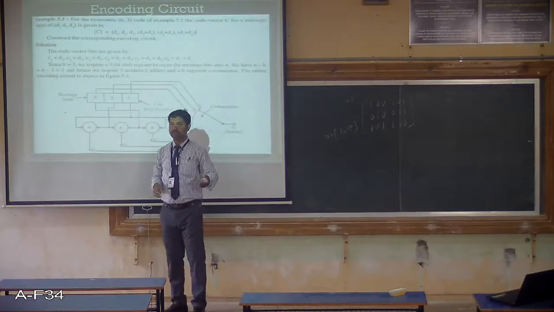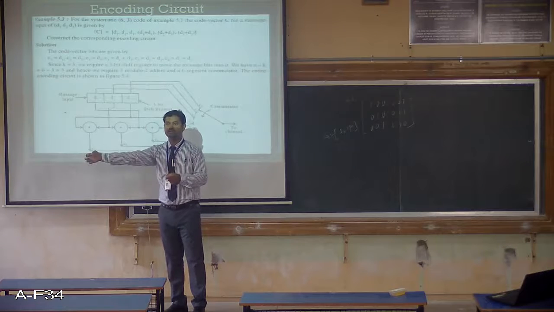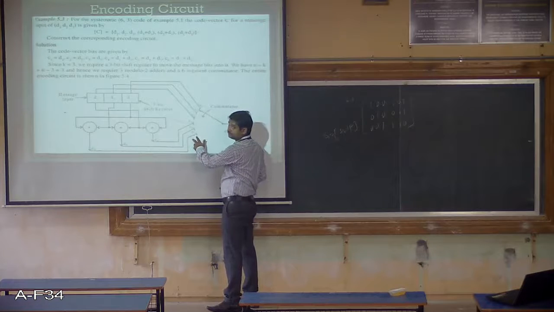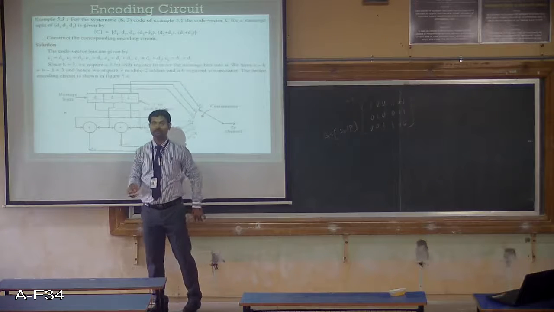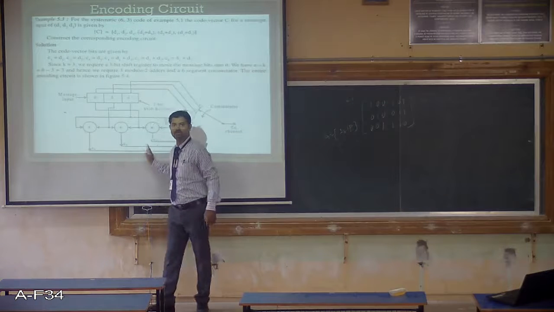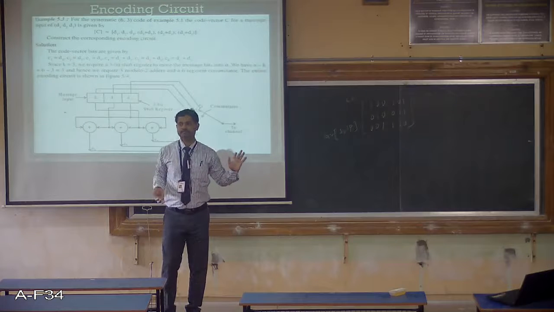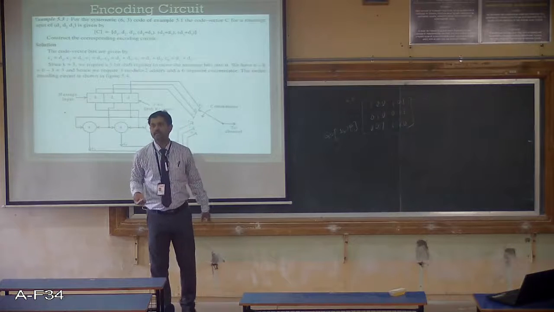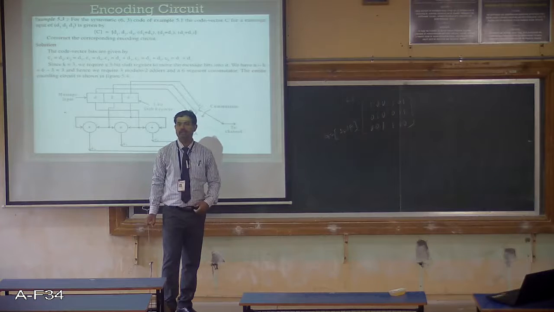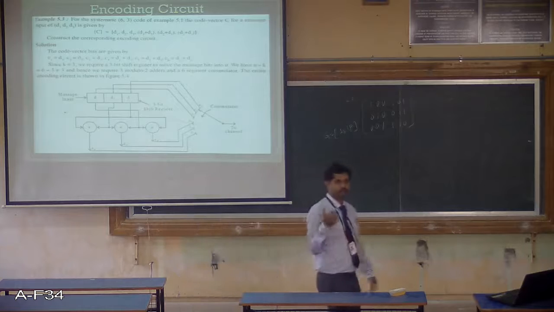Capture the status of D2, capture the status of D3, perform the addition, and produce the 5th bit of the code word. Similarly, D1 plus D2 gives the 6th bit. This is a simple encoding circuit using mod 2 adders along with shift registers. Got this encoding circuit? If you know C is equal to DG, that's it. I can produce all my code words by building a small hardware implementation. This is one encoding circuit for that previous problem.